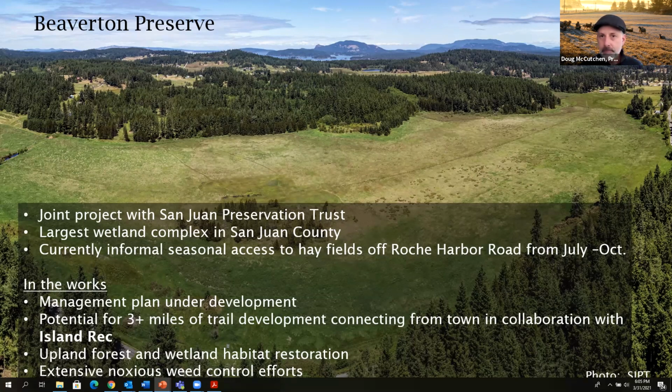So the Beaverton Preserve is bound by Roach Harbor Road on the north and Beaverton Valley Road on the south. In the foreground of this image, you see the Beaverton Valley side of the preserve, as well as the forested uplands. This really highly scenic preserve contains the bulk of the largest wetland complex in the county, including some rare bog habitat. And we're just really in the early phase of planning for this site, but the vision